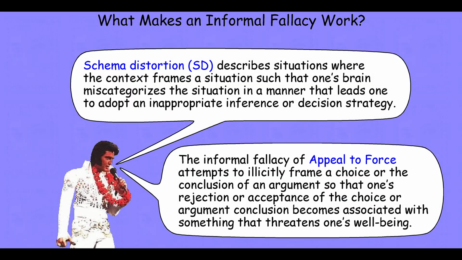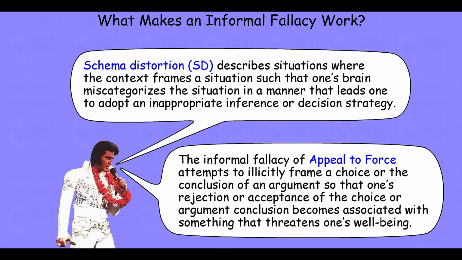Johnson's Daisy commercial attempts to take the relatively straightforward decision process of choosing a presidential candidate, say based on experience or qualifications or temperament or likability, and instead infuses it with this perception of an unevinced existential threat. In doing so, it causes your brain to change the schema, change the category that it uses to evaluate this problem. It's now thinking about this problem in terms of risk, in terms of threat. And that's how schema distortion works.